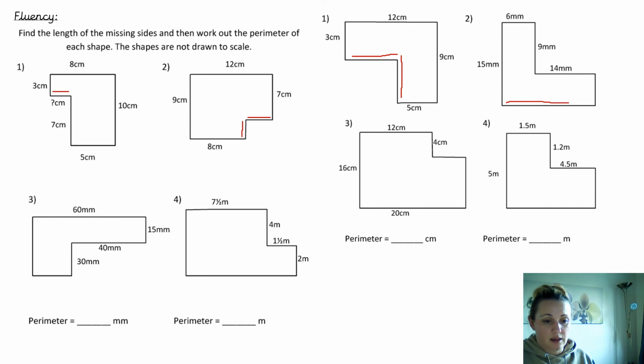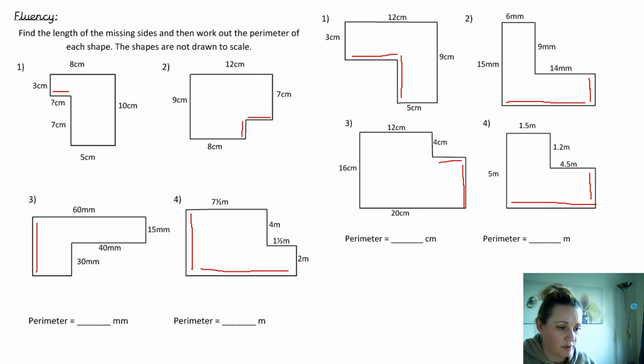You've got a missing length there, there, oops, I missed one out, you've got a missing one there, and there, is that all of them? Okay, so I've highlighted where your missing lengths are. So see if you can work those out using the method we did,